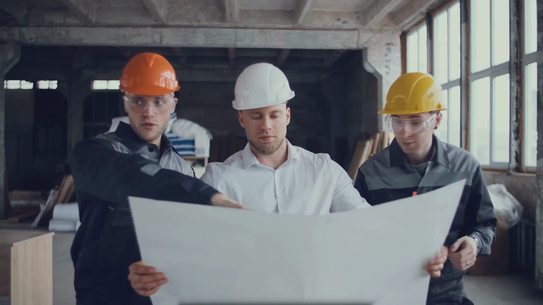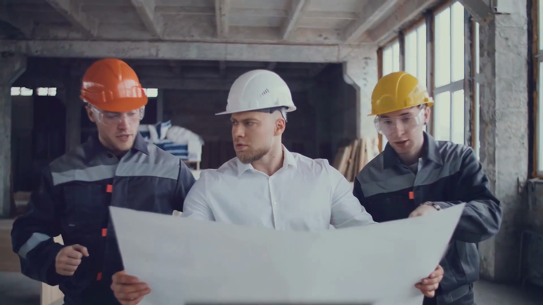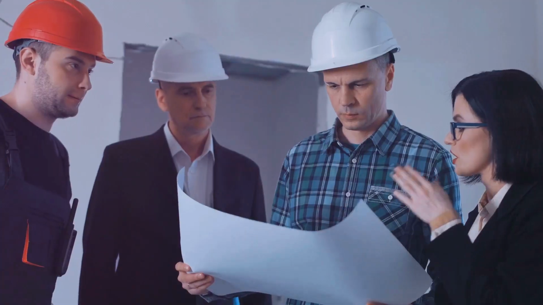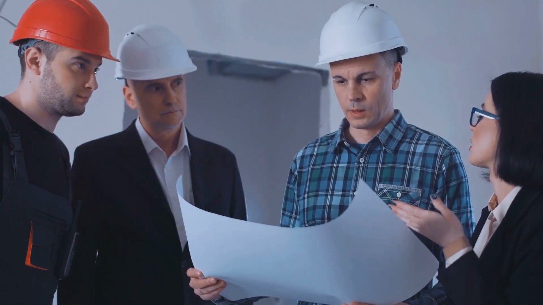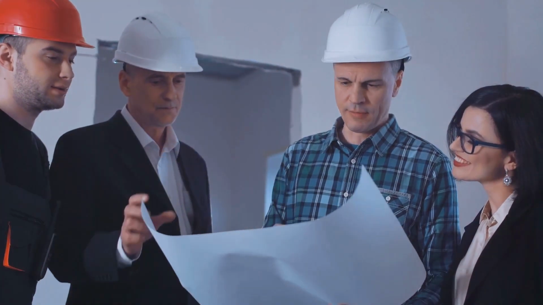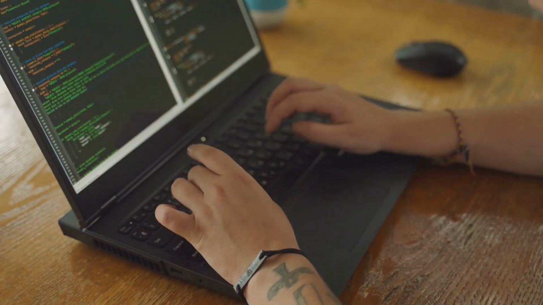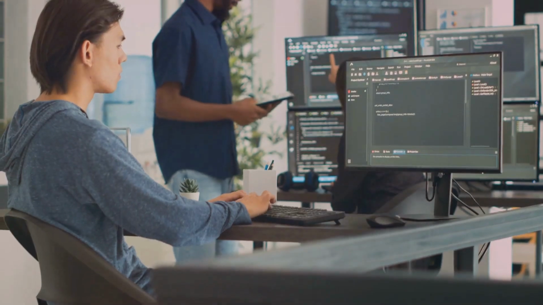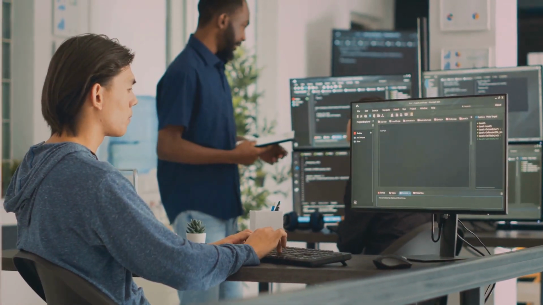Imagine you're building a house. The blueprint specifies the number of rooms, their layout, and the materials to be used. These specifications act as acceptance criteria, ensuring the final construction aligns with the homeowner's expectations. In software development, acceptance criteria play a similar role, guiding the development team and ensuring the final product satisfies user